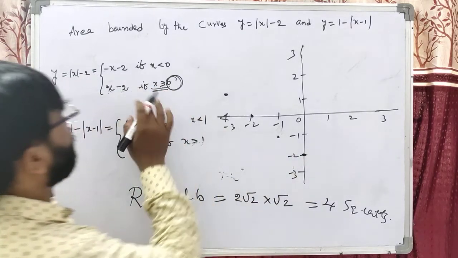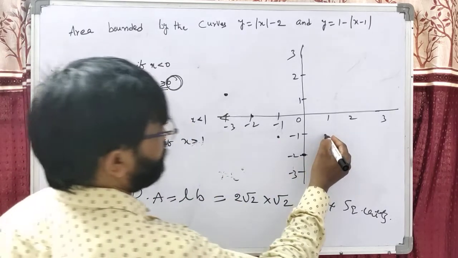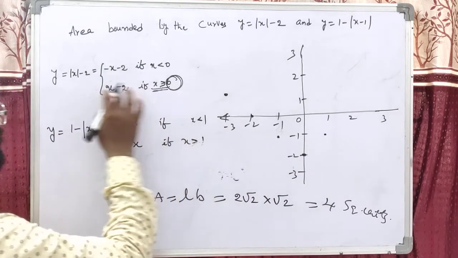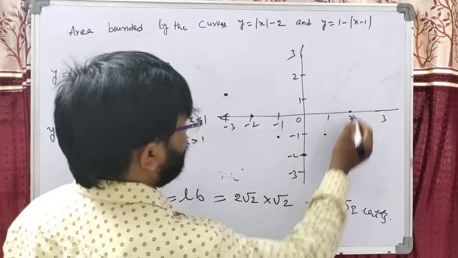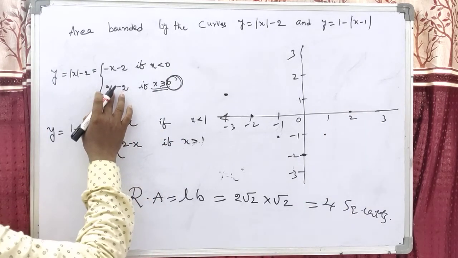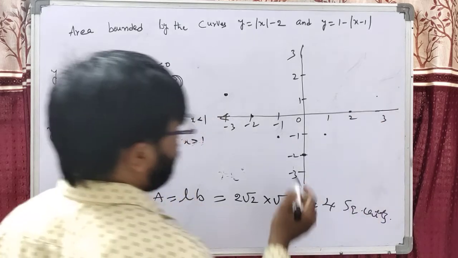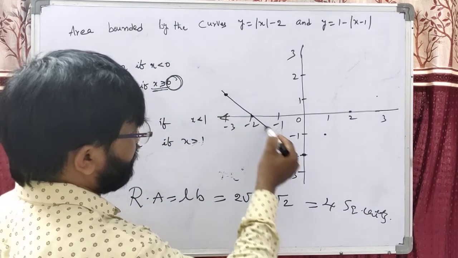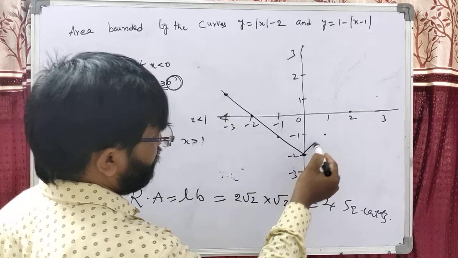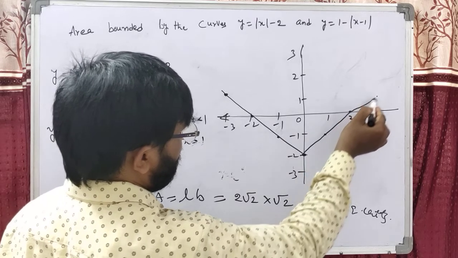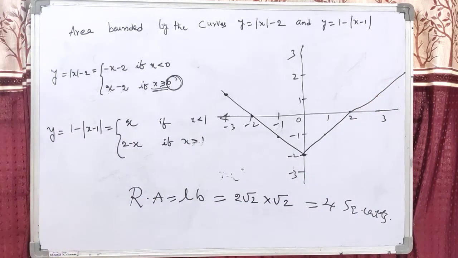Now when you take 1, then it will be minus 1. When we are taking 2, this is 0. When we are taking 3, what, students? When we are taking 3, upward. Then 4, then it will be the graph here. Dear students, this is the graph. Like this. Okay students, that is the graph.